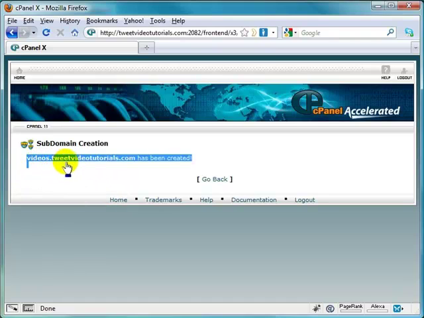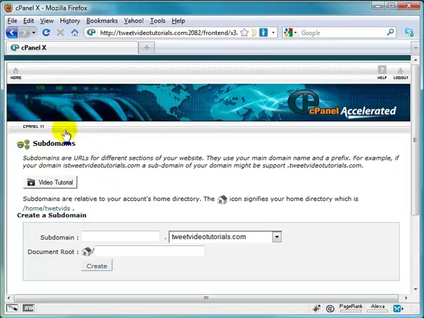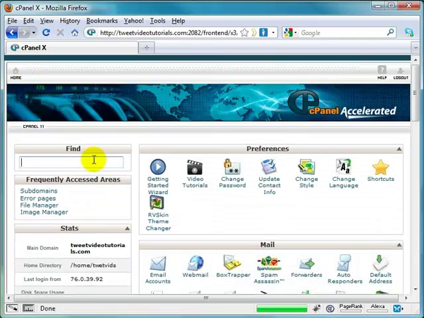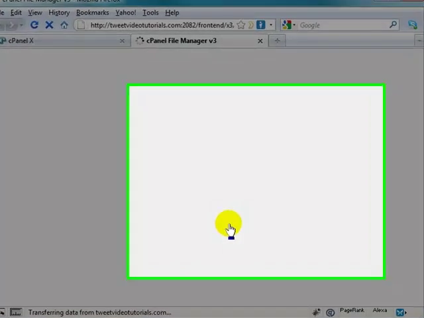Subdomain videos.tweakvideotutorials.com has been created. Now then, if you were to put this into your browser bar, there wouldn't be anything showing up just yet because it's brand new. But you can always come back here and go into your file manager, throw some stuff in there like a new blog or whatever, and that's it. And if we click on home, that'll bring us back here. You can go into file manager here,